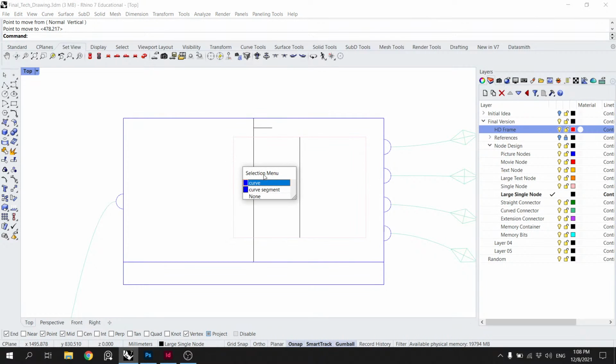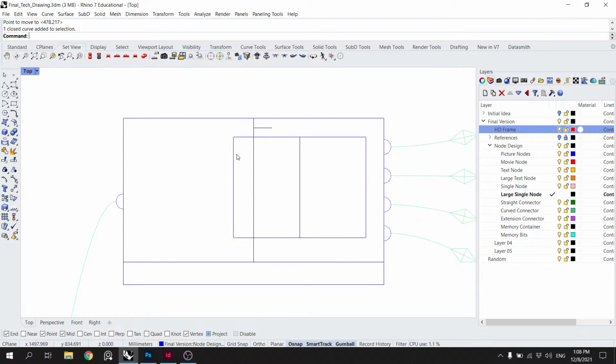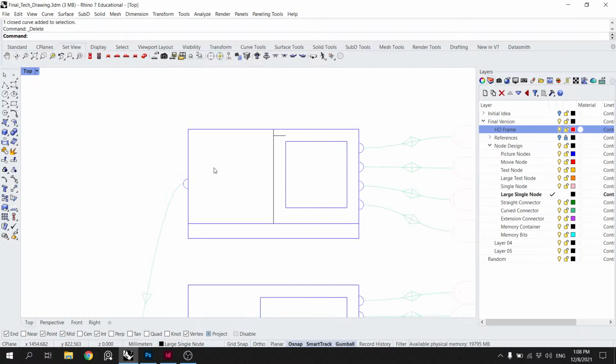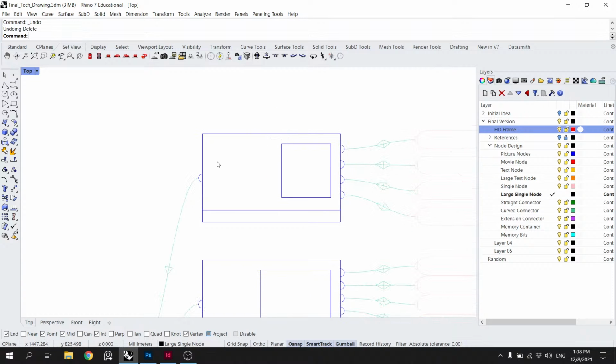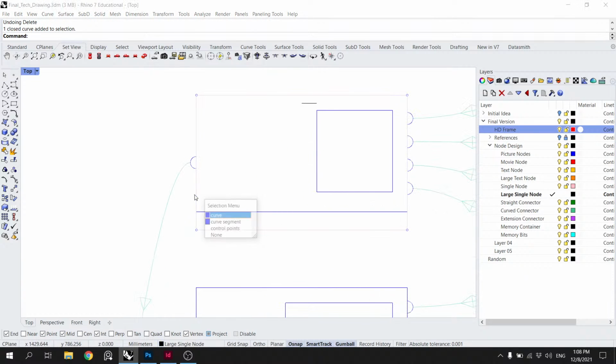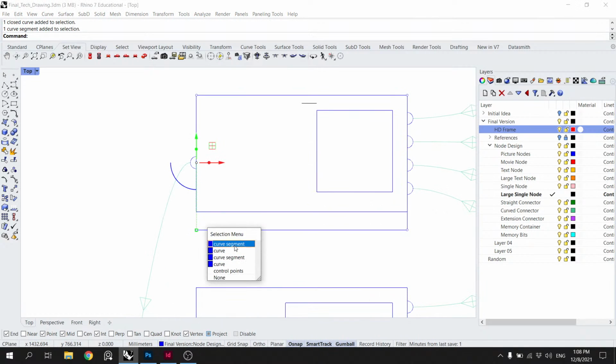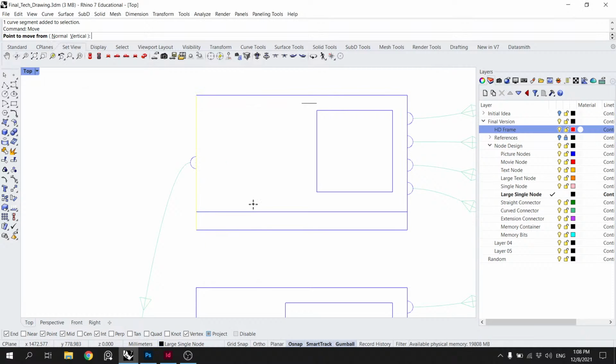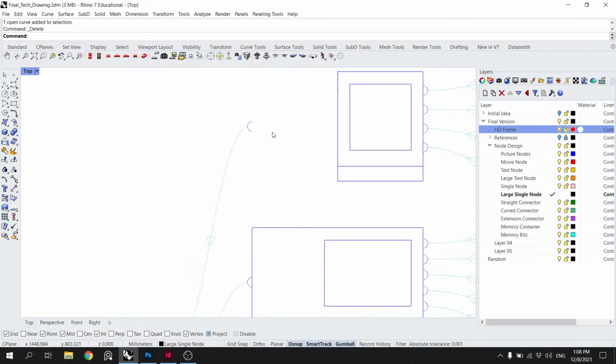You take this curve that was our original one, and you just select that segment of it, and you move it from there to an intersection. Delete that rectangle, and then you can delete this one and this one. Actually, you leave this guy. You basically have to take that curve segment and that curve segment and do a move that goes from there to there. You can now delete this.